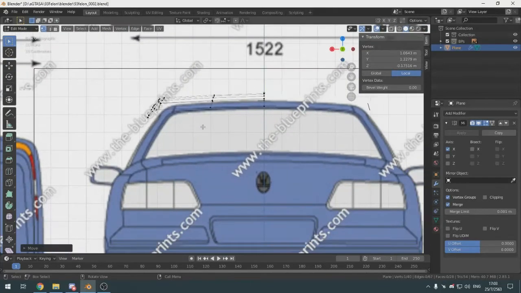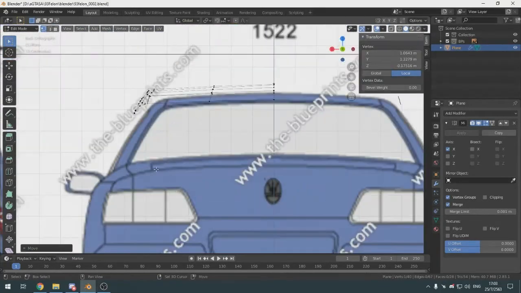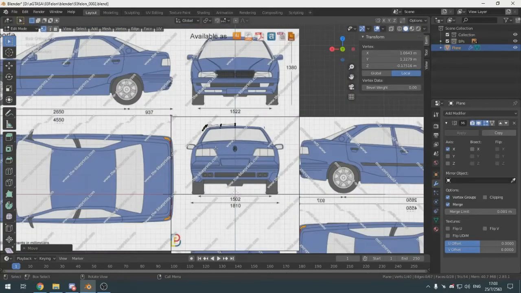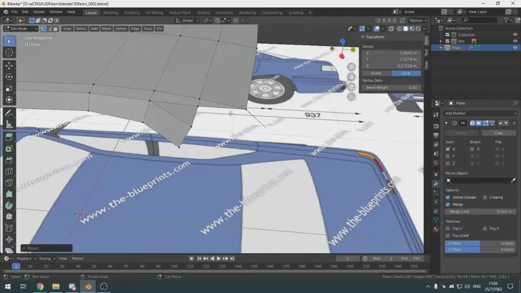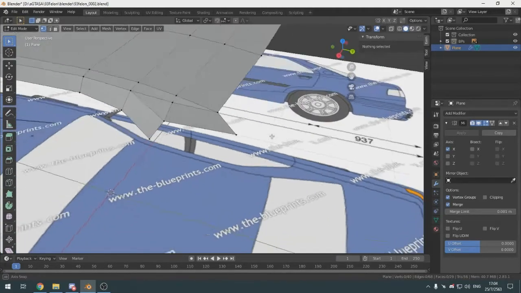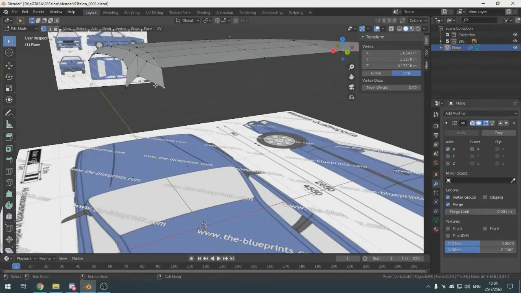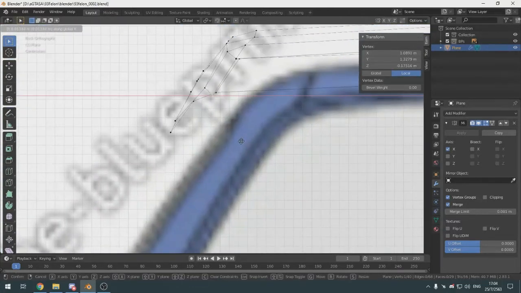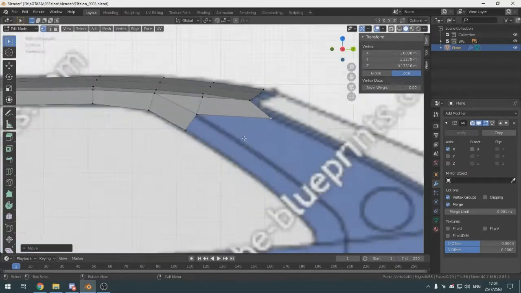Maybe at this point I shouldn't be using a reference view at all, because you know it's not lined up. Trying to line it up can be a nightmare on some blueprints, like this one. So I just leave it like this. Just model it, make it close enough to the real life one. It should be fine. If it looks weird for you, then you can move it around again like this. Look at the car, you can see in here,